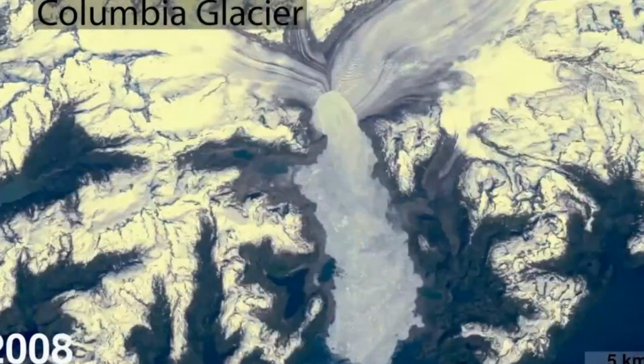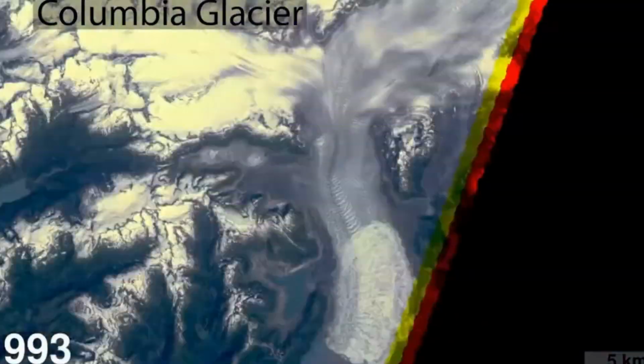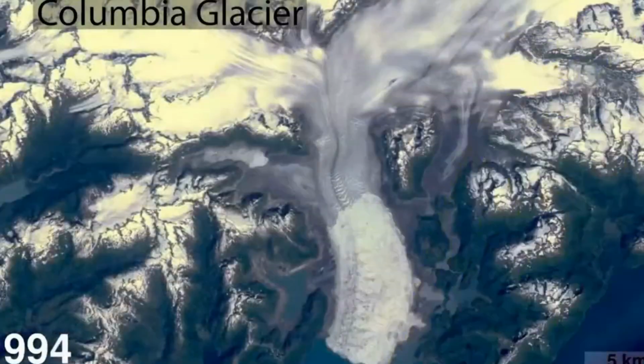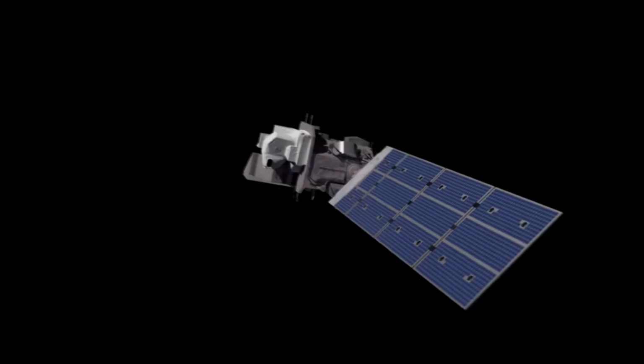Having such a long record allows us to discern long-term trends and separate them from the kind of behavior you might get with a couple warm or a couple cold years. To have a persistent observational capability that's been in place ever since the first Landsat was launched, it